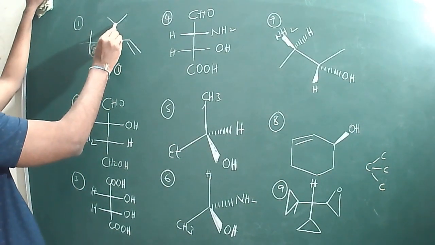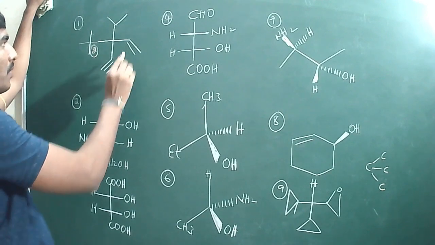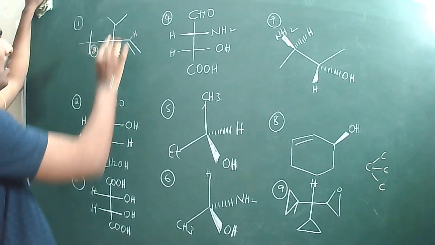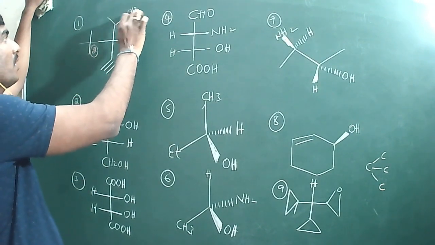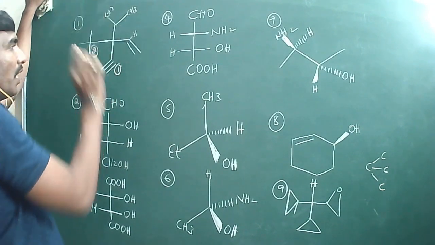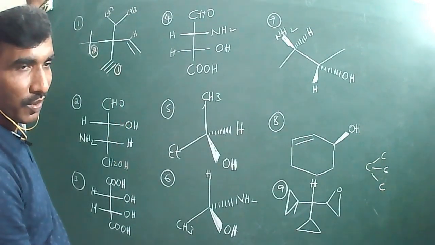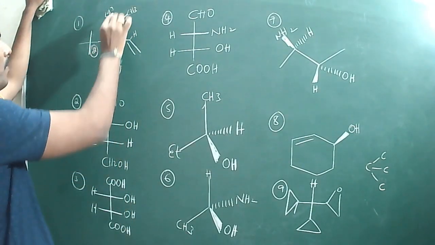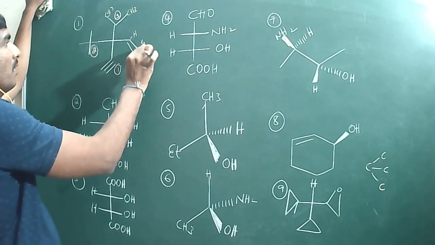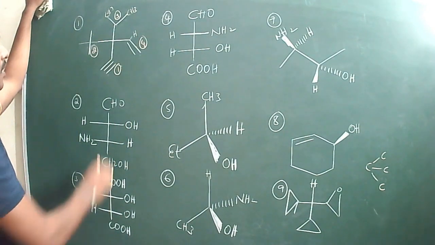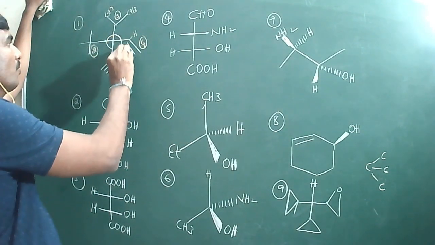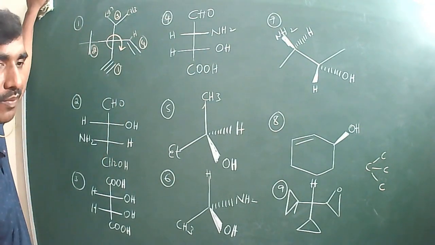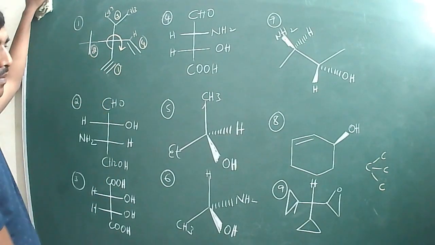Isopropyl, this carbon is attached with 1 hydrogen and 2 carbon atoms. This carbon also attached with 1 hydrogen and 2 carbon atoms. And after that, this carbon is attached with 3 hydrogens. This carbon also 3 hydrogens, but this carbon with 2 hydrogens only. Right? Although there are 2 carbons. So in this case, isopropyl will get more priority and this one fourth. Now tell me, in which direction? 1, 2, 3. The least priority group is on horizontal line or not? So what should I give? What is the configuration?